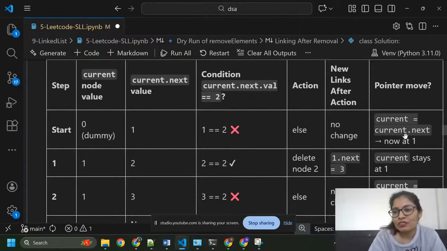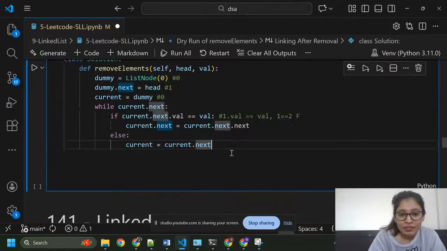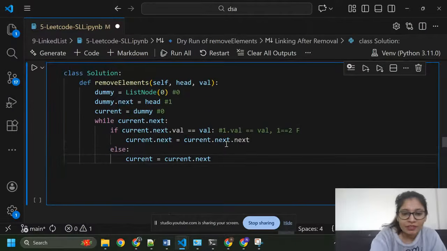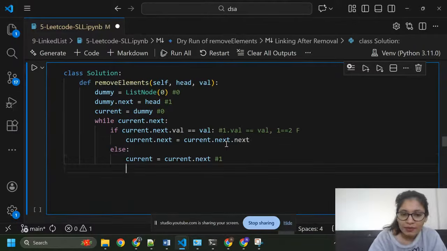Previously I had current equal to 0, but current dot next equals 1. Now this current dot next will become our current. Okay guys, so now 1 will become our current element. Previously I had 0.